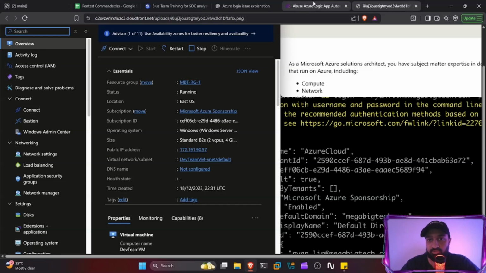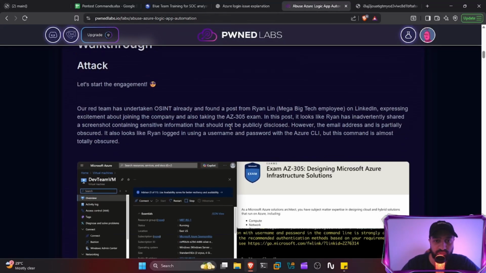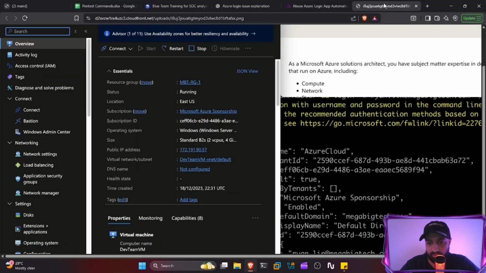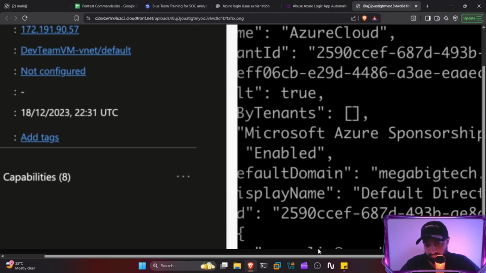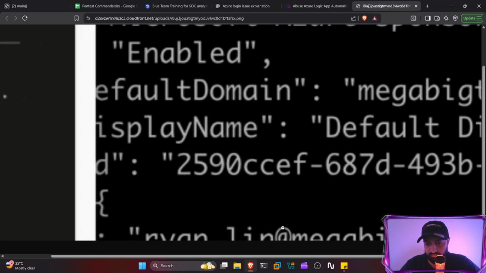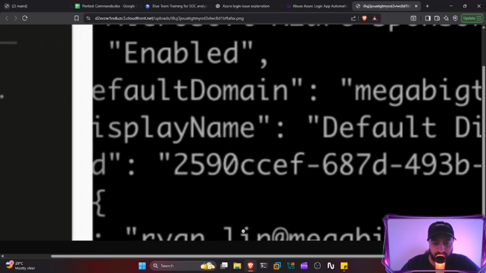Now, if we go back to the lab, in the instructions, it says that the OSINT already found the post from Ryan Lin. So we know that the user who's posting this is named Ryan Lin. Now, if we take a closer look here, what does this look like over here? This is clearly Ryan Lin with some kind of space or underscore or dot in the middle. And yeah, so this email,